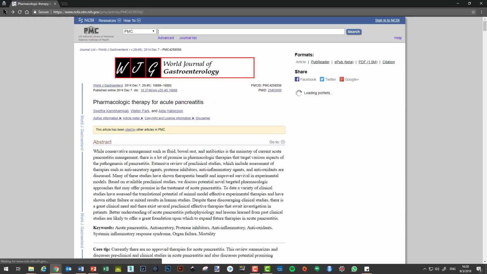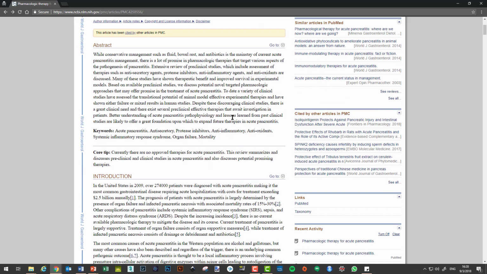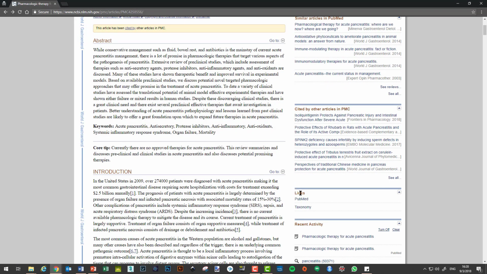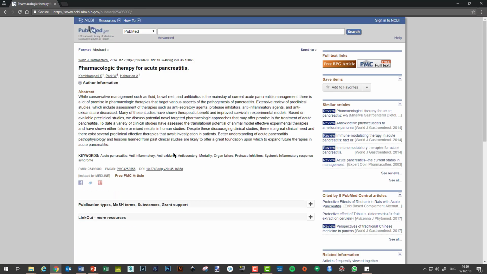Now let's go back to the PubMed Central page. So we just clicked on the PubMed ID, which took us to the PubMed page. Another way to go to the PubMed page is through the links. If you click under links, there's a PubMed link. If you click it, it will take you to the PubMed page. So there are multiple ways of